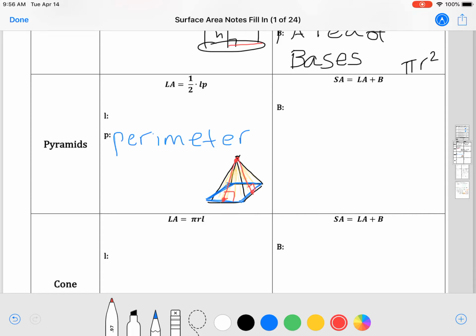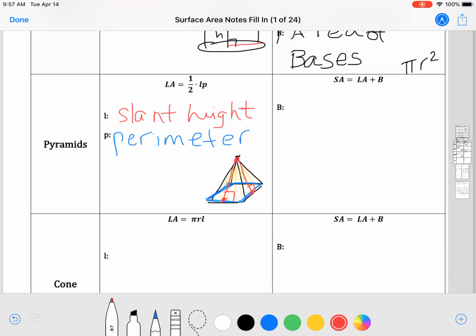Okay, so my L, we call this my slant height. And that's that special line right there. So slant height. And that is my nice, beautiful picture of my pyramid and how I would think about those two parts of